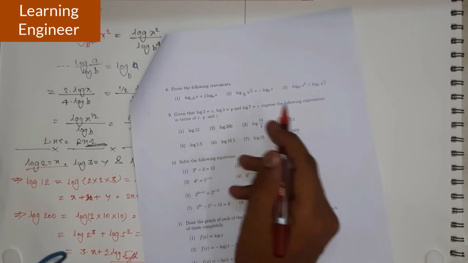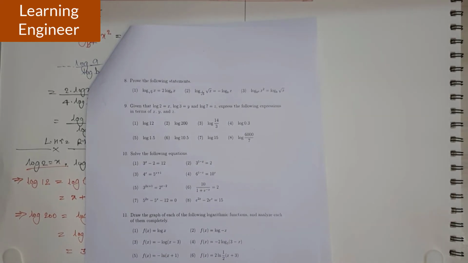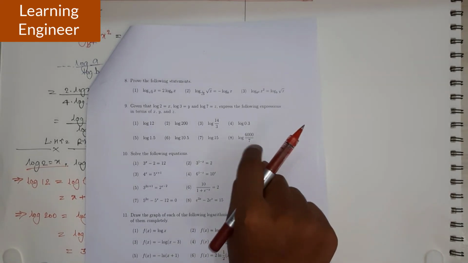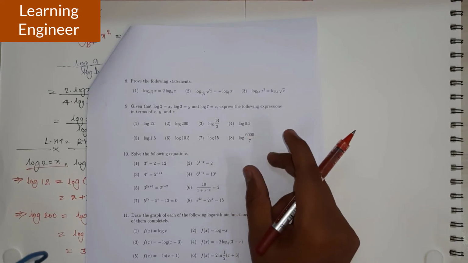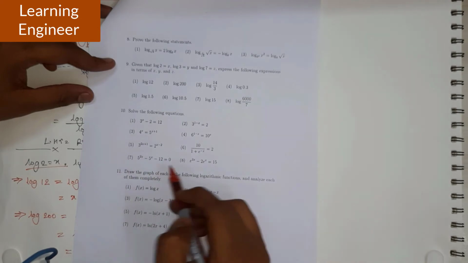So this is how we can express the given equation as per log 2 equal to x, log 3 equal to y and log 7 equal to z. For the following given expression, simply you have to break the given equation, and no need to adjust whatever has been given to us. Accordingly we can perform. The questions can be framed like this also.